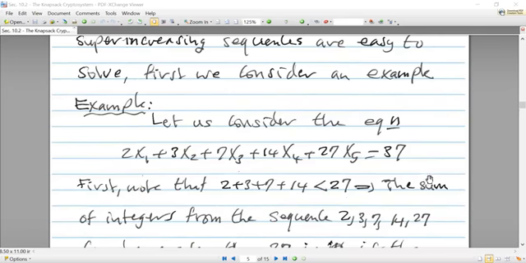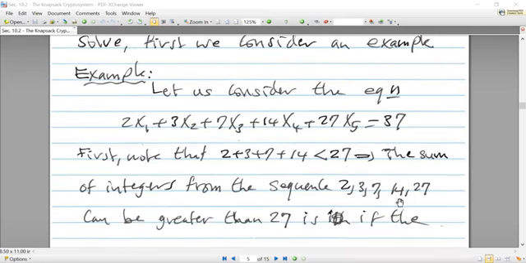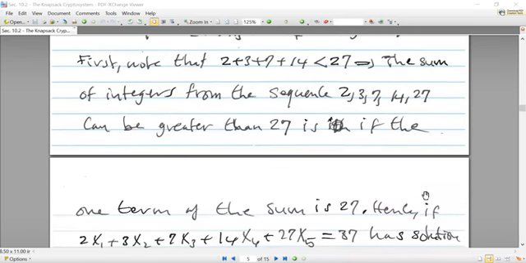And the sum of the integers from the sequence can be greater than 27 only if one term of the sum is 27. So in other words, we must include the 27